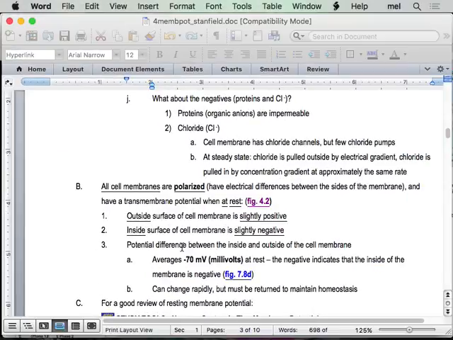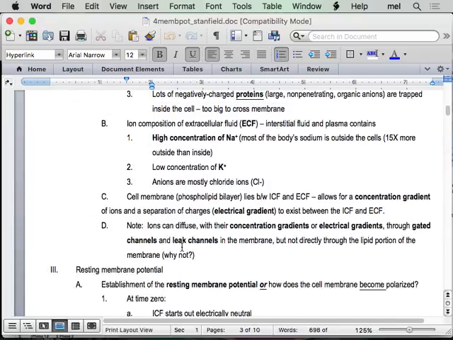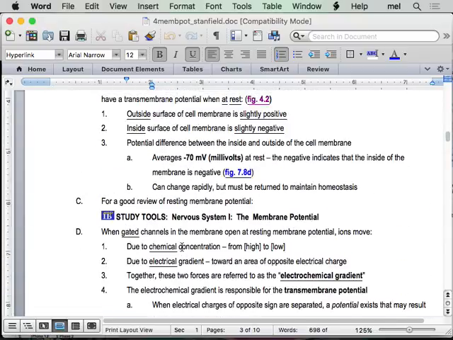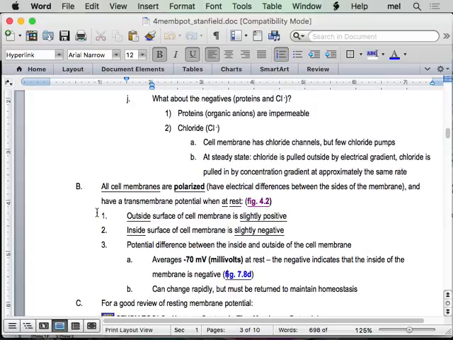And then also in interactive physiology, where is it? Interactive physiology has an animation that will build the entire thing for you. And you can play with it, and you can open things and close things and stop the pump and start the pump. It's pretty helpful, especially for those of you who are very visual or kinesthetic learners. So it's probably a good way to review and make sure you've got it. Okay, so now